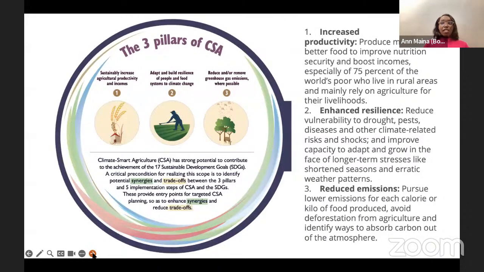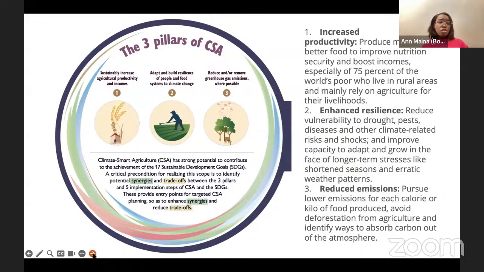So, but what are these practices that we at Bumitra are actually doing with the farmers to be able to help them adapt to as well as mitigate the climate change? Many people might call them climate smart agriculture. Somebody else might say organic agriculture. Another person might say regenerative agriculture. There are so many terms to define what these practices are, but when you look at them, they trickle down to things that are actually going to help the farmers improve their productivity, enhance their resilience, and also reduce their emissions to the environment.